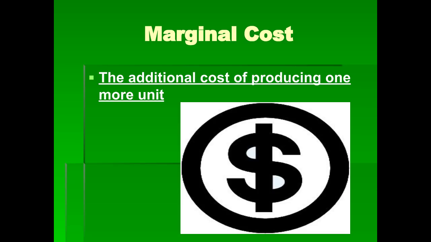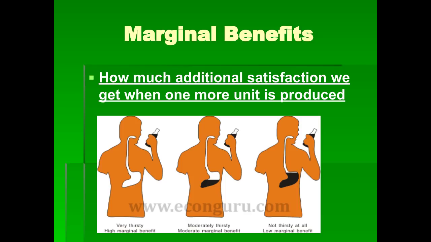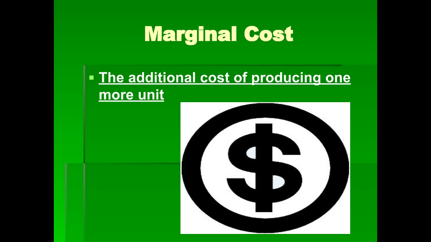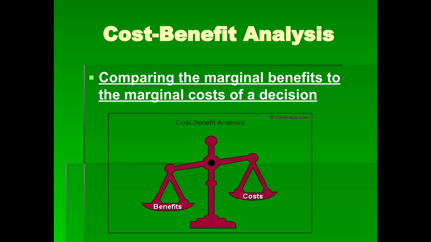The paper company is going to have to make a choice. Are we going to open up a new factory to produce that one piece of paper to make the school board happy? Or are we just going to tell the school board to go somewhere else? It probably wouldn't be too effective for the paper company to open up a whole new factory for one piece of paper. It'd probably cost a whole lot more than it would benefit them. So when you compare marginal benefits to marginal costs, that is called a cost-benefit analysis, right? You're going to weigh the benefits and you're going to weigh the costs.